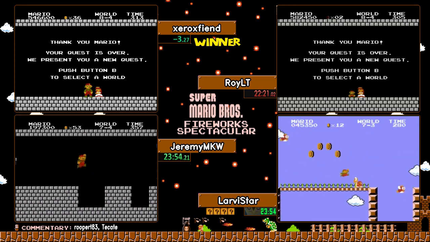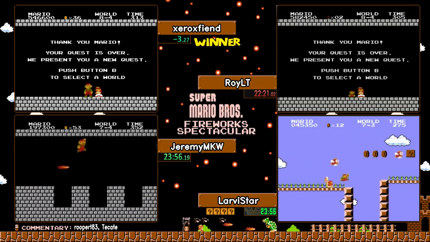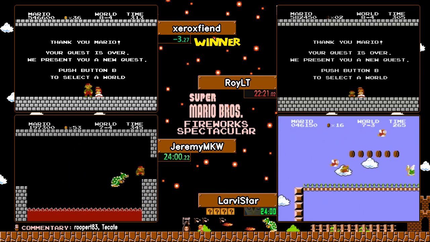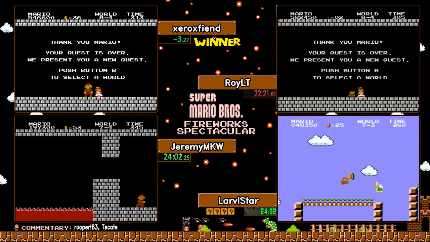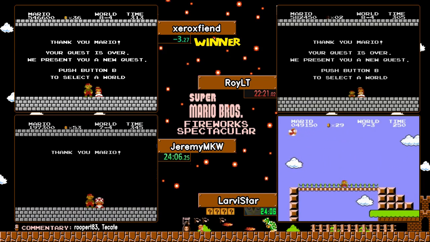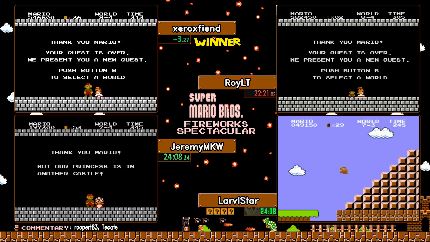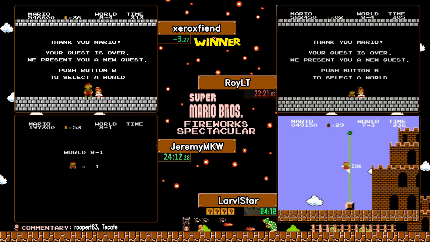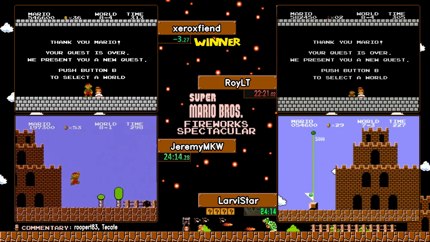Pretty unlikely. This one's pretty straightforward, aside from just knowing the path through the maze. There's not really any enemies except for the couple of fire bars that you have, so not a whole lot to worry about with 7-4. Just Bowser at the end there. And Larvistar coming up at the end of 7-3. So Jeremy